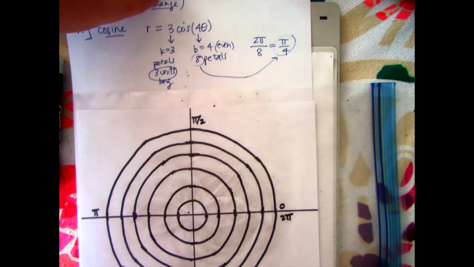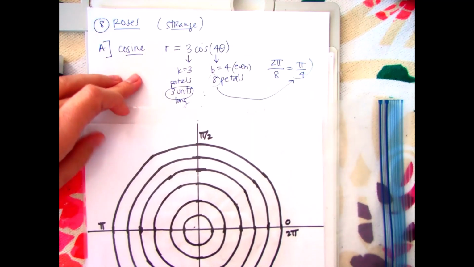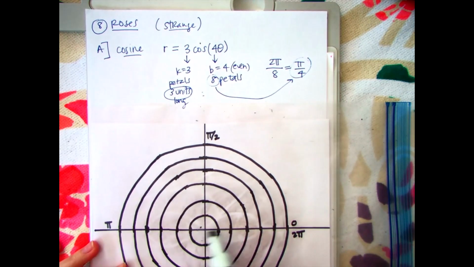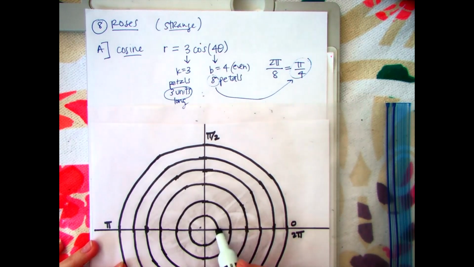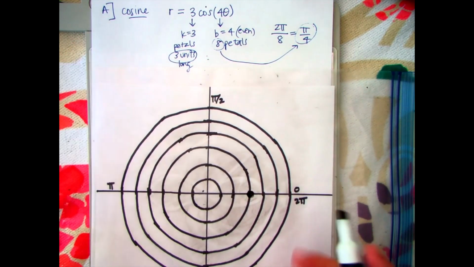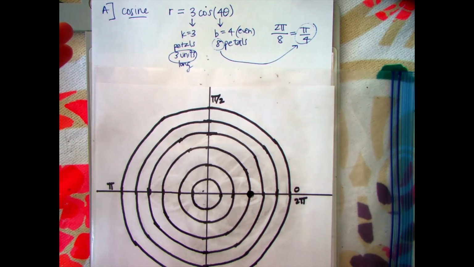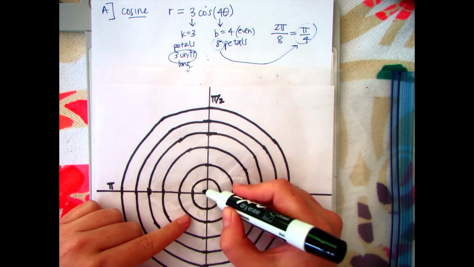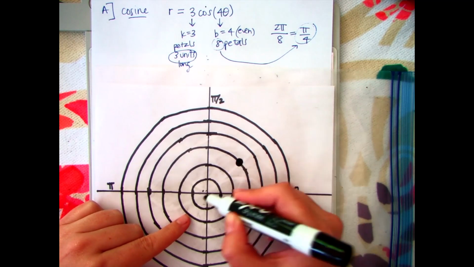So, our first petal on cosine is going to start at 0. So it's 1, 2, 3 units long. So there is going to be the tip of the first petal. So I need 8 more of these. So every pi over 4, I'm going to put a petal. So pi over 4 is one of the petals. And so pi over 4,